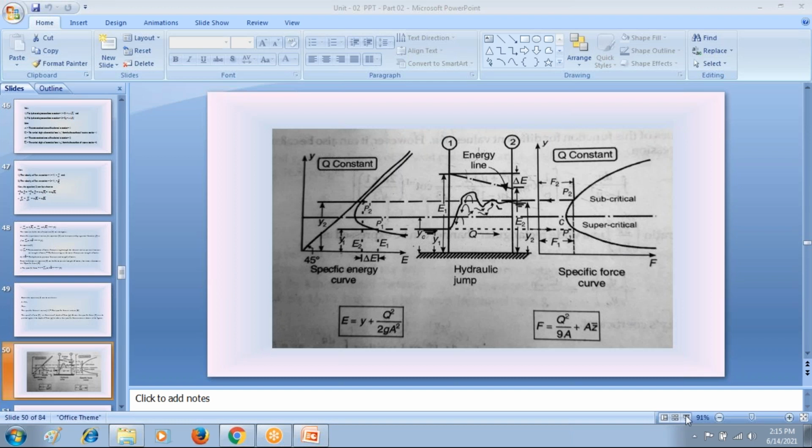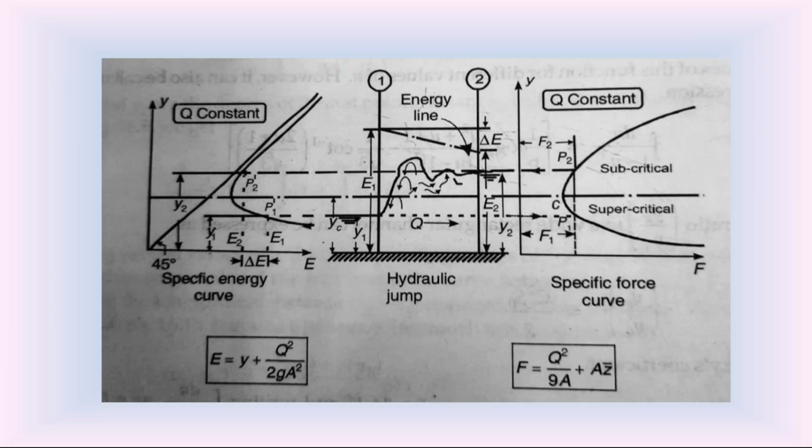Okay. Please go through that picture carefully. That picture indicates the specific force in the hydraulic jump. We are going to discuss the nature of specific force in the hydraulic jump. From equation 5, we can understand the specific force depends on depth of flow y. Wetted area A depends on depth of flow y. Z bar also depends on depth of flow y. So from equation 5, the specific force depends on depth of flow y in hydraulic jump.